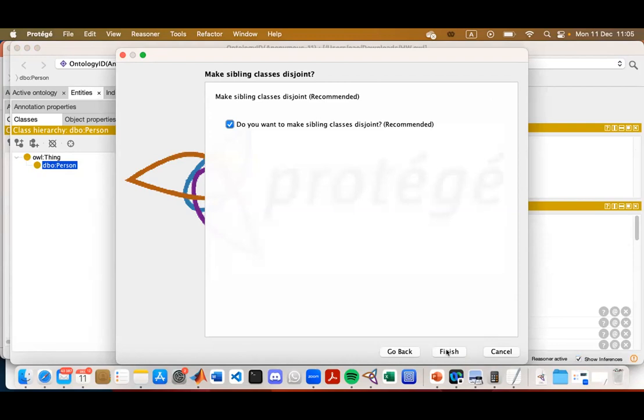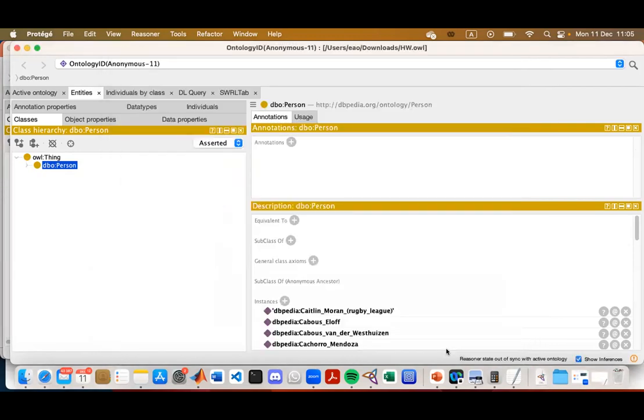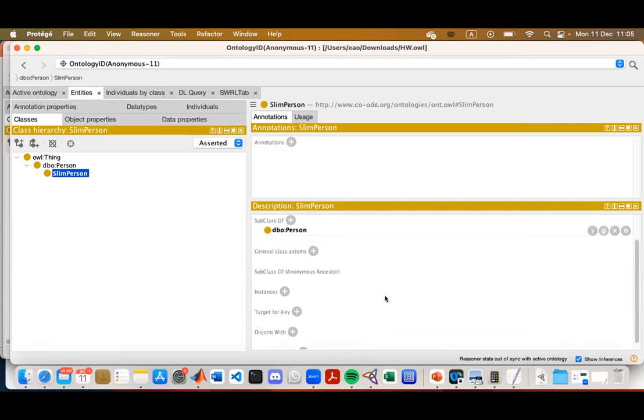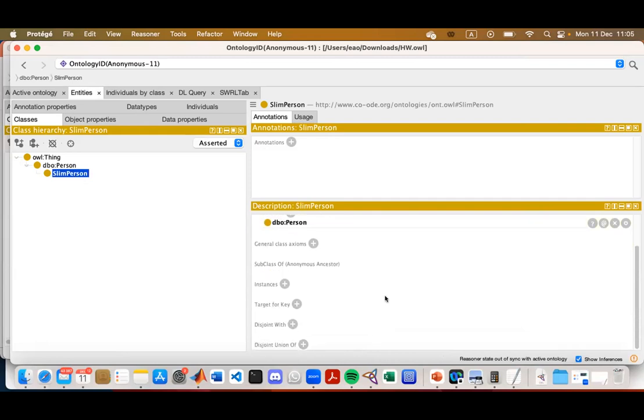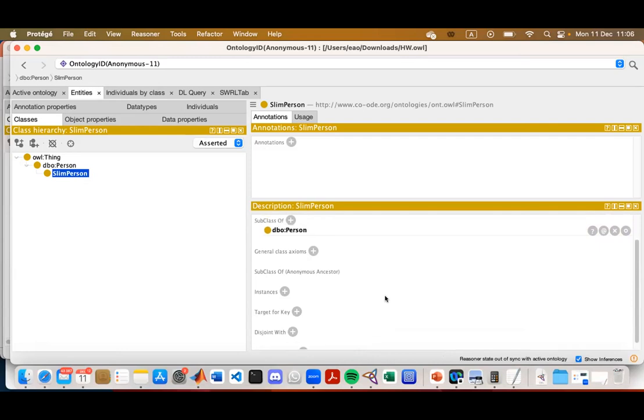Do you want to make it? Okay, recommended. So now we have a subclass, Slim person, and it is empty at this moment, of course. I mean, we haven't populated it with anything.